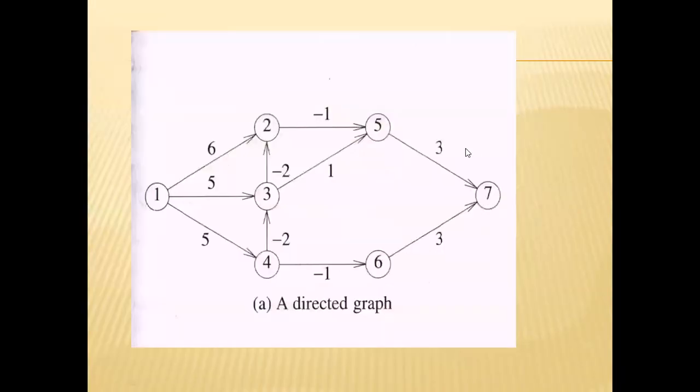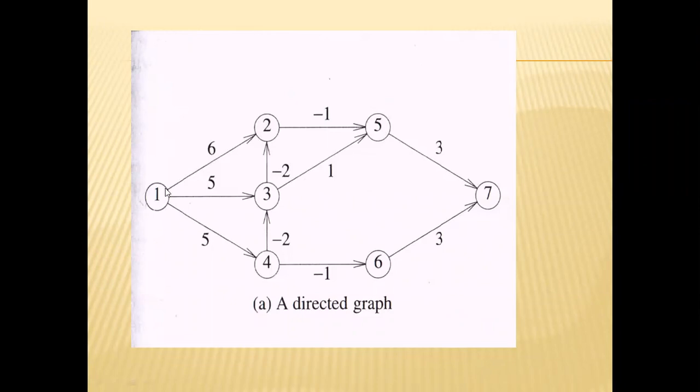So actually, suppose 1 to 5, there is a path available from 1 to 5 by using two edges, suppose 6 minus 1, 5, or the same, another 5 is 5 plus 1, 6. Sorry, 6 minus 1, 5. This is the shortest path. Actually there is a shortest path from 1 to 5 by using a single edge. There is no path available by using a single edge.